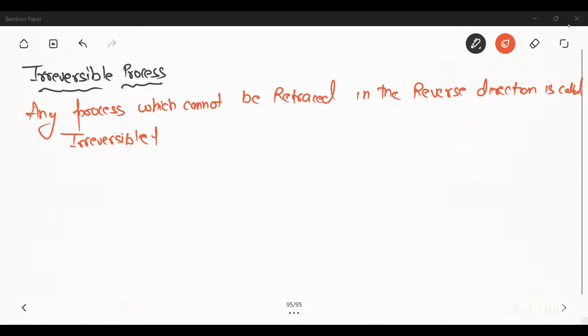Examples of irreversible processes are rusting of iron,